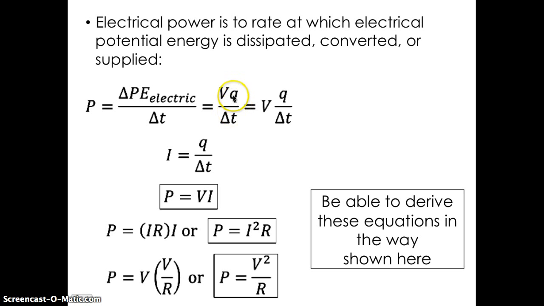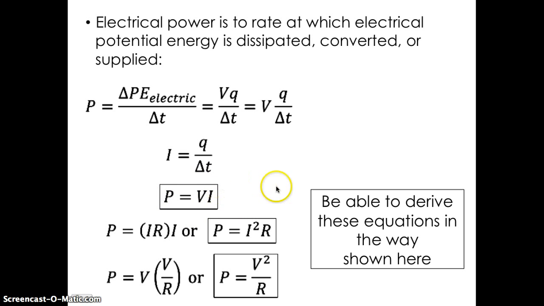And we could separate out V and put it in front of the ratio. When we do that, we have Q over T, which is current. In other words, if we replace Q over T with I, current, we arrive at this equation: power is equal